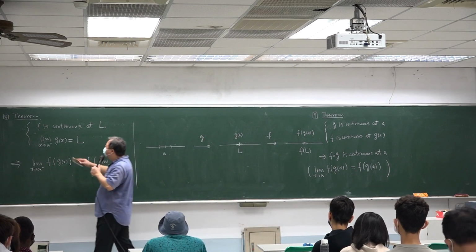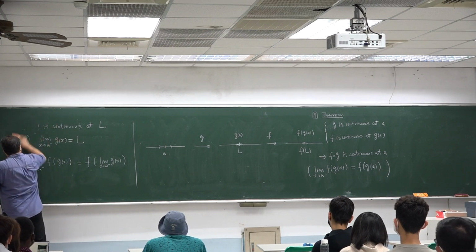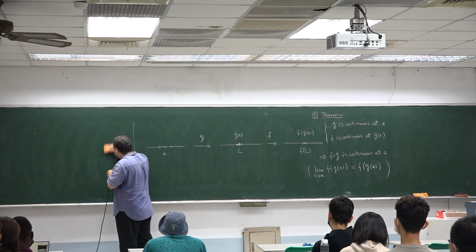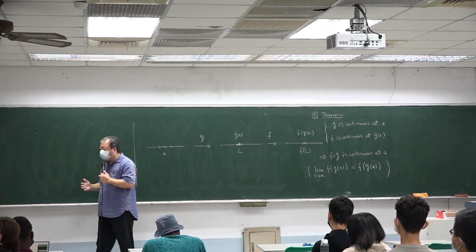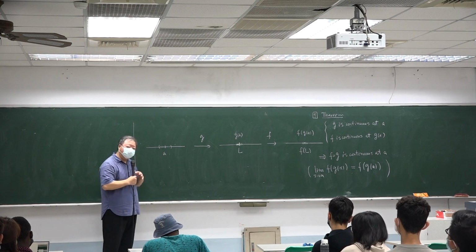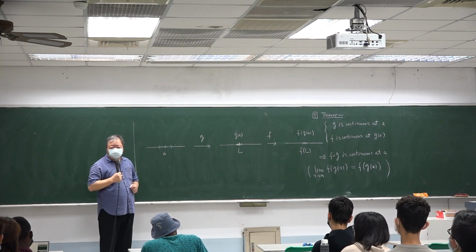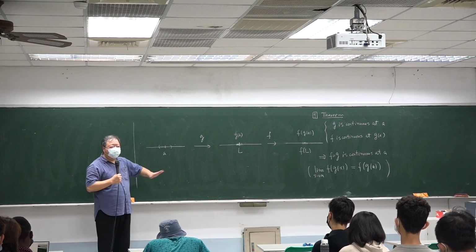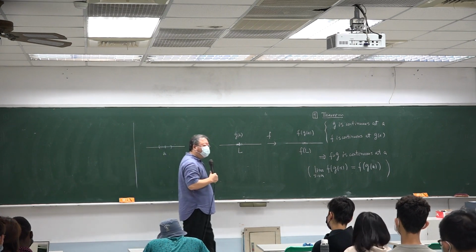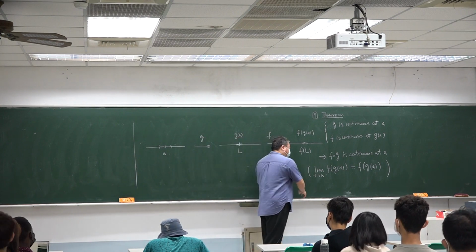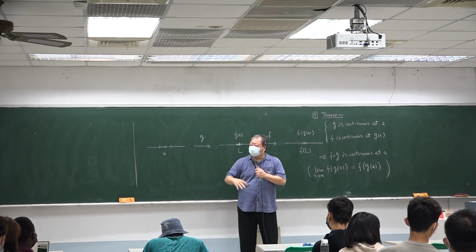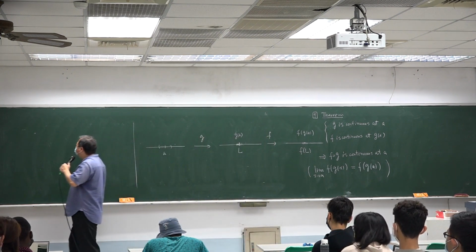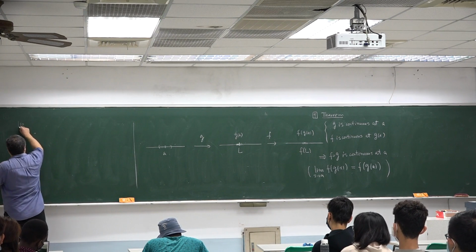There are two main results, but the author, considering the scale of this section, only states one of the two main theorems, and the other one is postponed to the next chapter when we consider the maximum or minimum values of a given function. Okay, so here, theorem 10